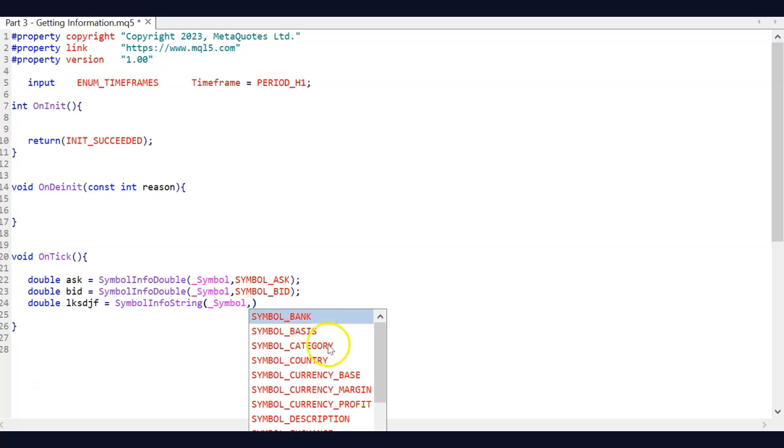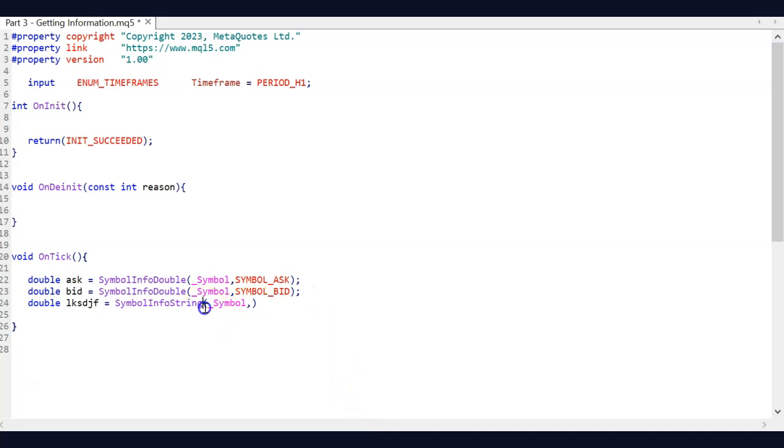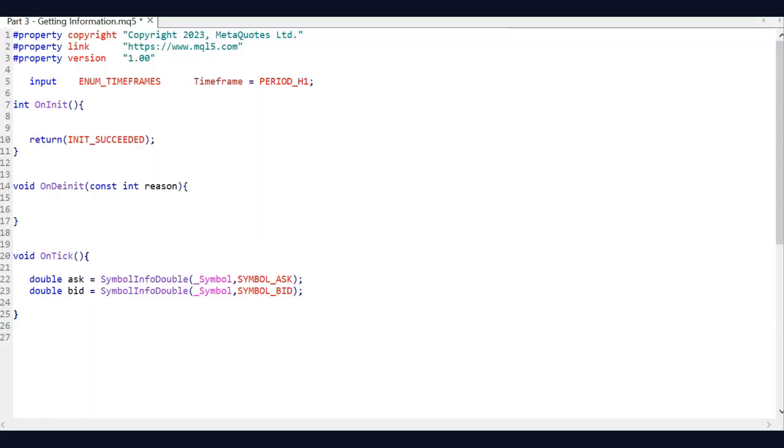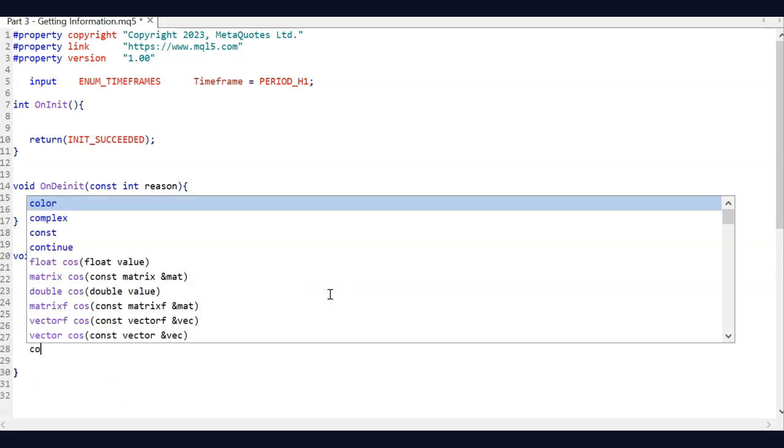So what's the category of the symbol? What's the country base, currency margin? This one I cannot even remember ever using. But just to know, these pieces of information are available and you can retrieve them by using the symbol info function. Now as a tester, let's go ahead and print these on the chart,